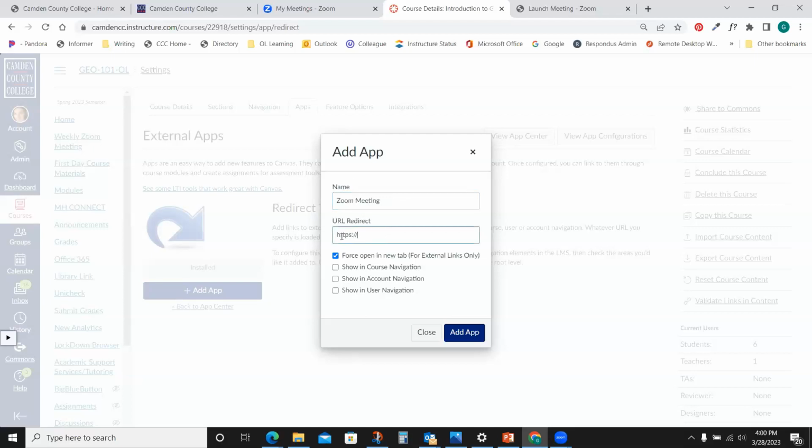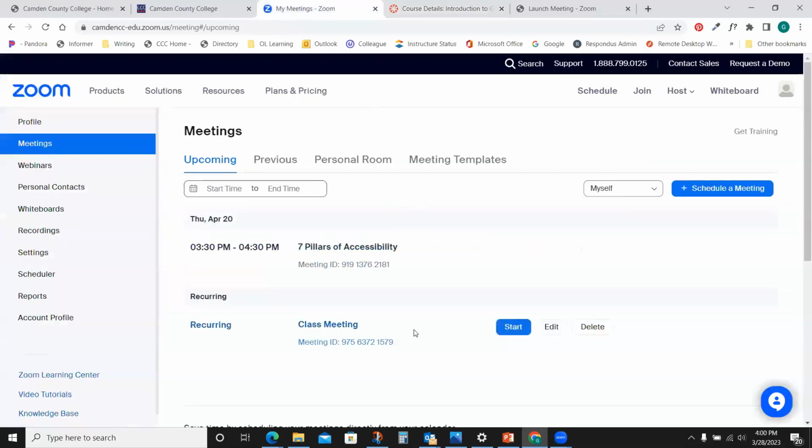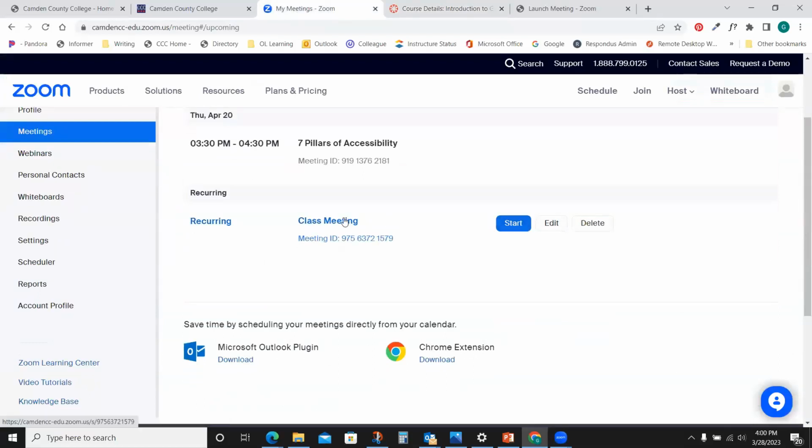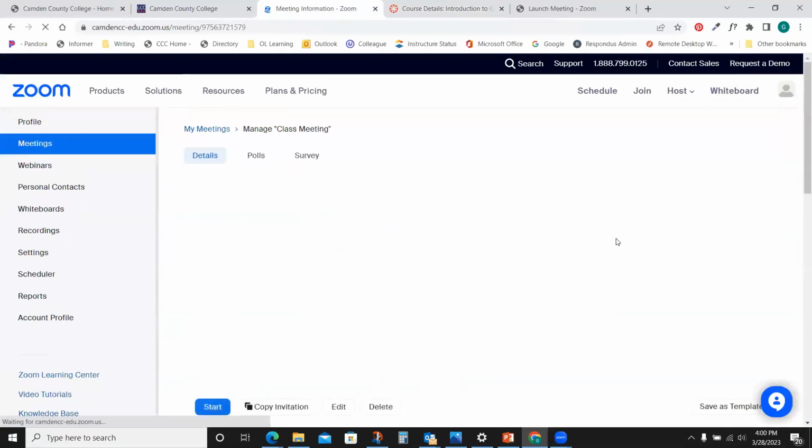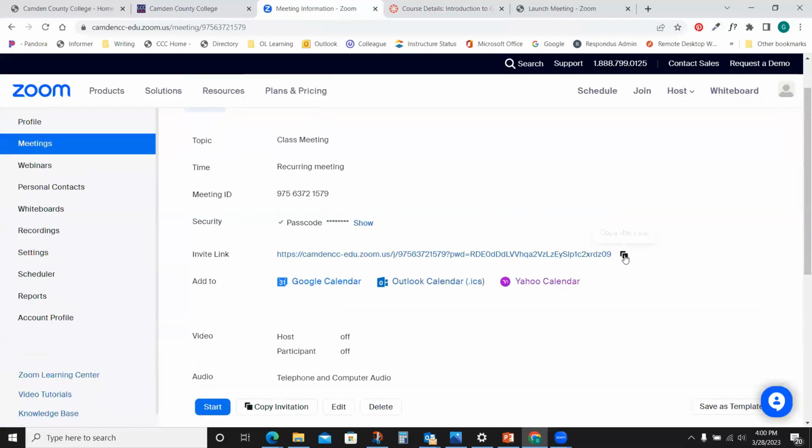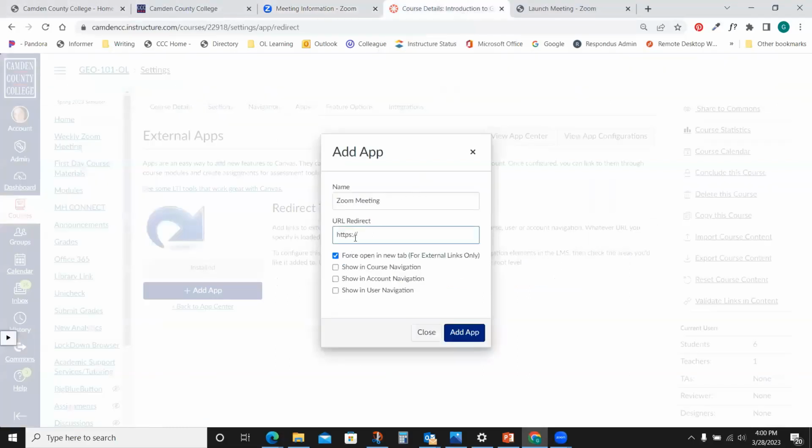And then here is where you would put the URL. So I'll get this URL here just to demonstrate. This is a Zoom meeting. And then you would just paste it right into that URL field.